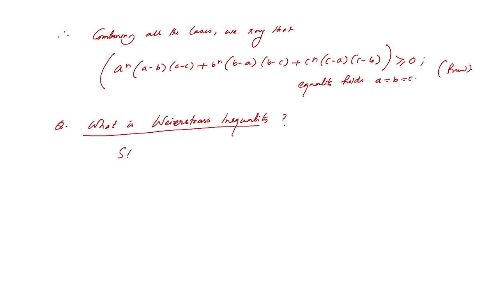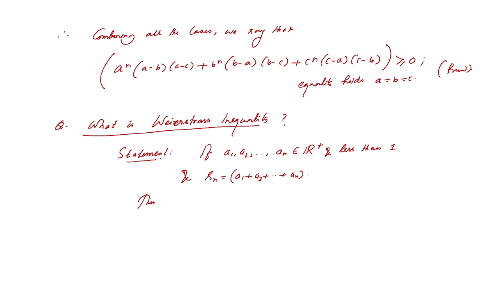Just to recall the statement: if a1, a2, dot dot dot, an are all positive real numbers and all are less than 1, that means a1 less than 1, a2 less than 1, an less than 1, and Sn equals the sum of these n positive real numbers, a1 plus a2 plus dot dot dot an,